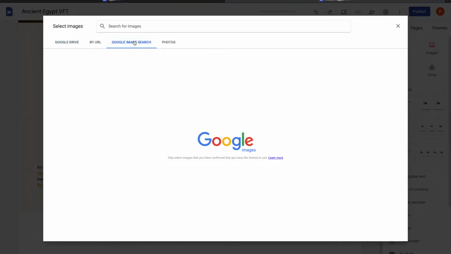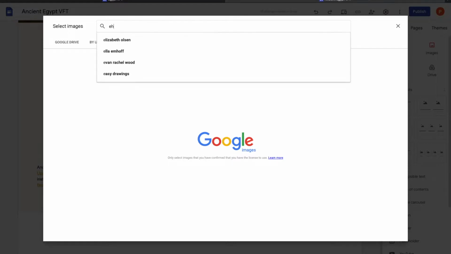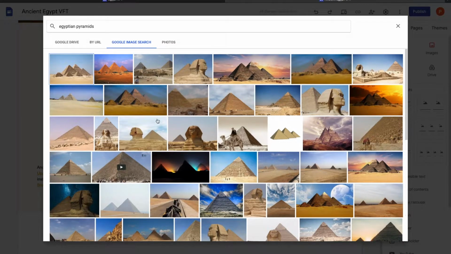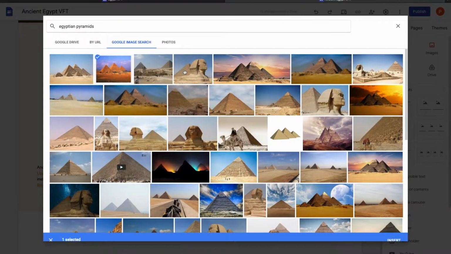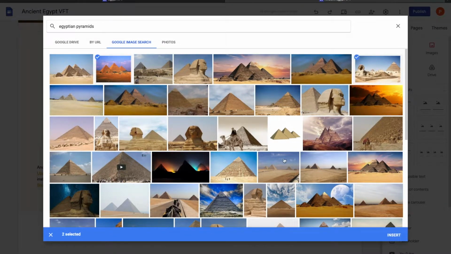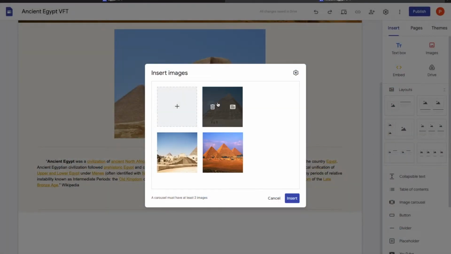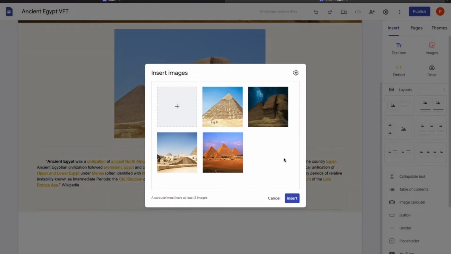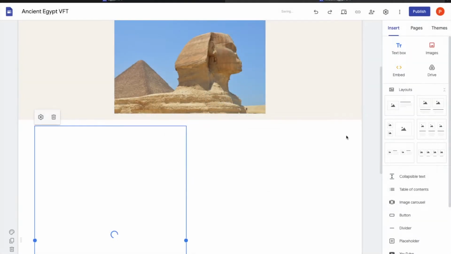We're going to go to Google image search again and type in, I don't know, let's do Egyptian pyramids. And we can load multiple pictures into one carousel. So let's get that one, that one. That one's cool. And I don't know, that one will be fun. And when we click insert, I want you to watch what happens. It has all four pictures loaded here. And when we click insert,